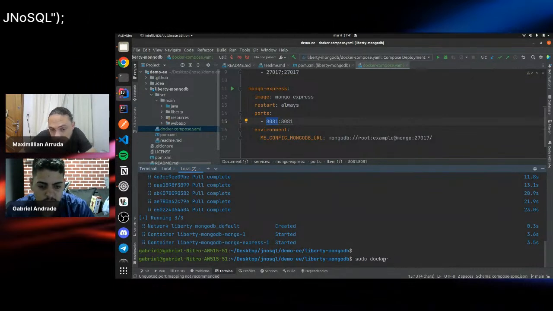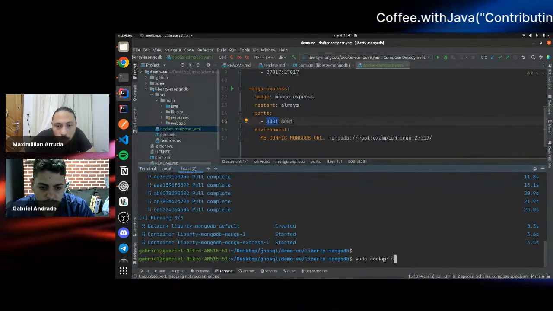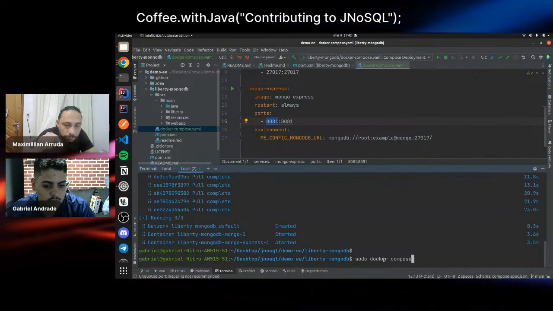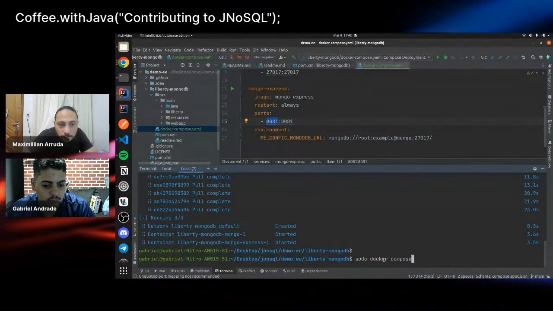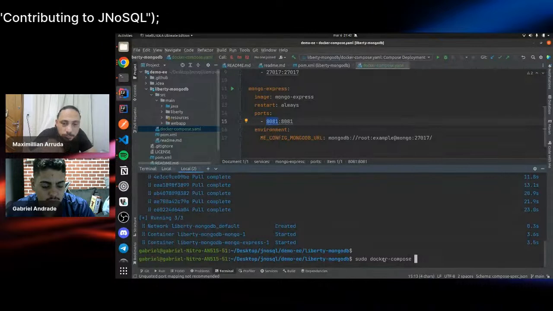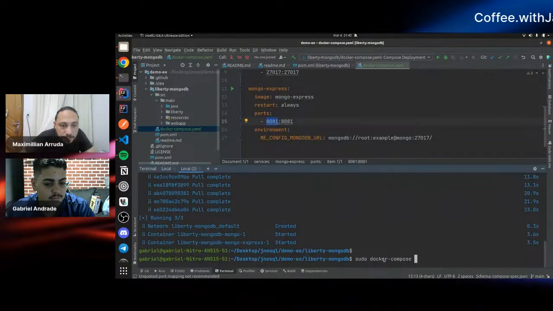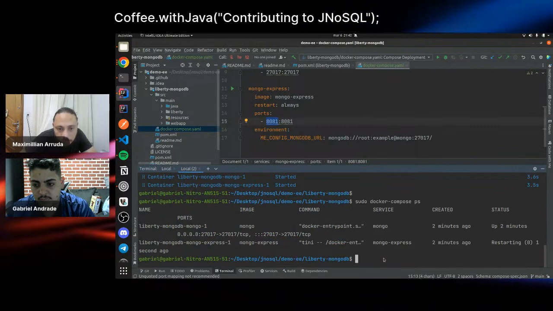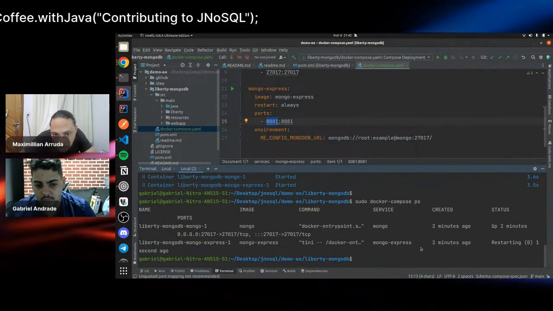I think you could use the auto completion. You could use tab in your terminal and it will complete for you. Type ps, it lists the live containers in your machine.